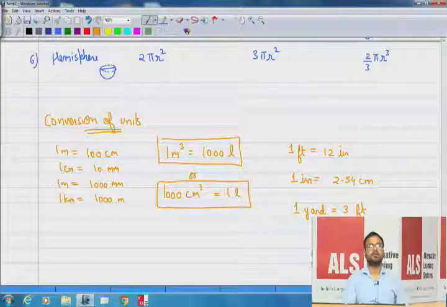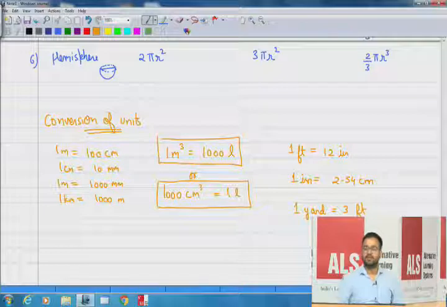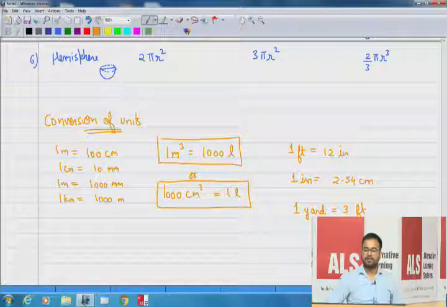Any doubt till now? CC4, Shillong, Joseph, Kohima,